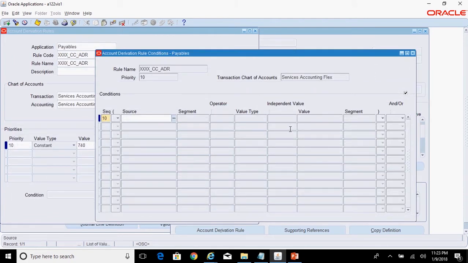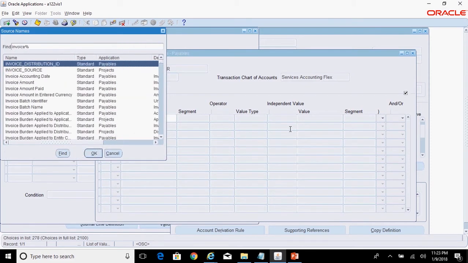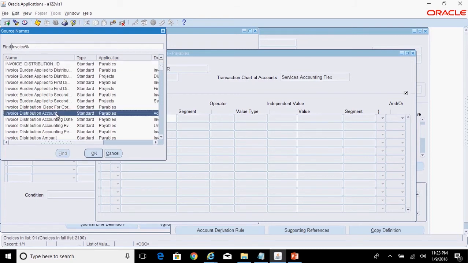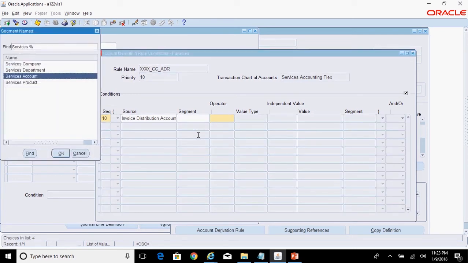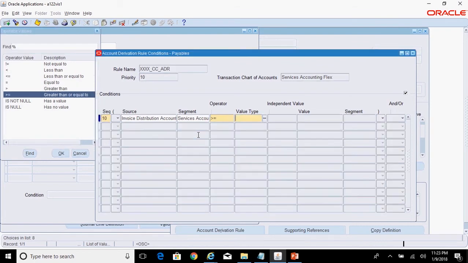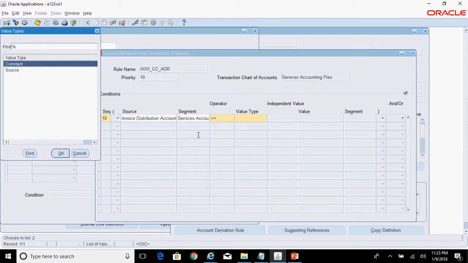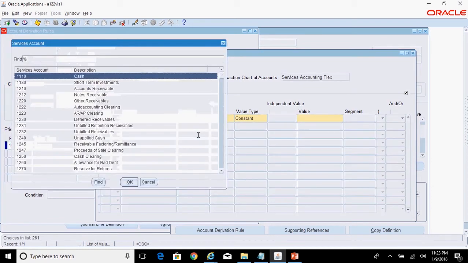The source is in AP invoice distribution, so select the source, invoice distribution account, segment is natural account, operator is greater than or equal to, value type is constant, 5010. You can just select it from the drop down.